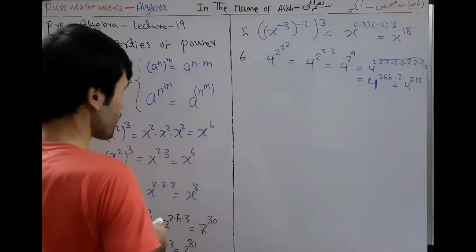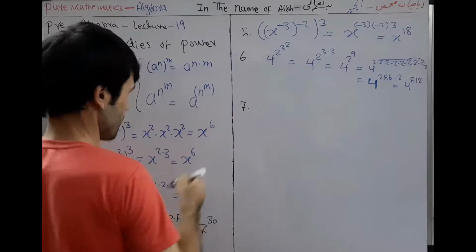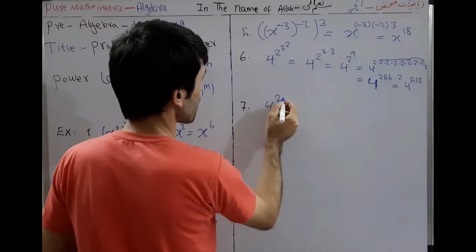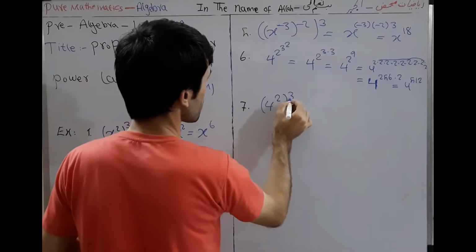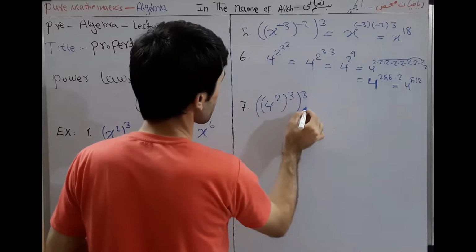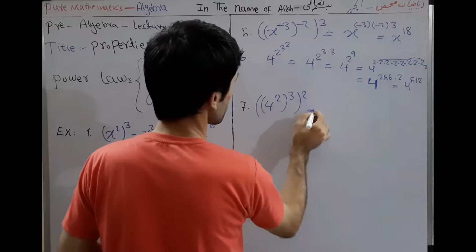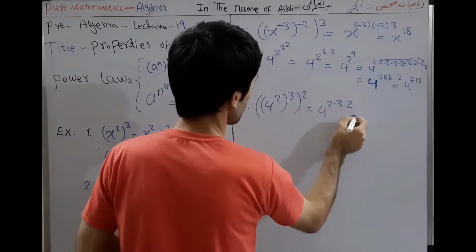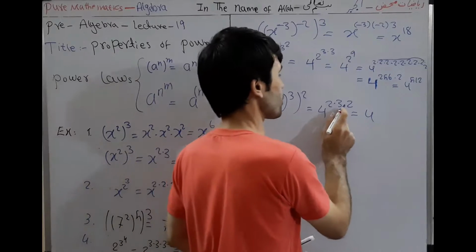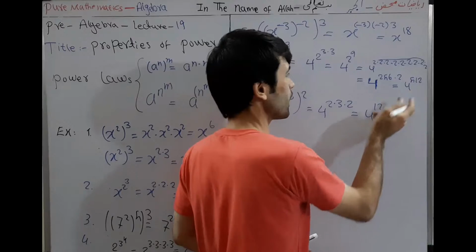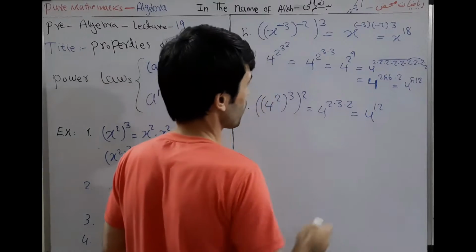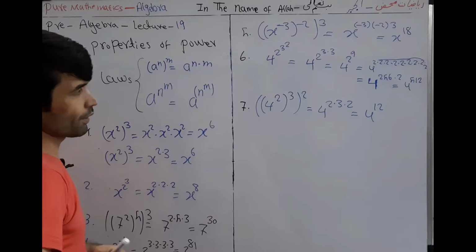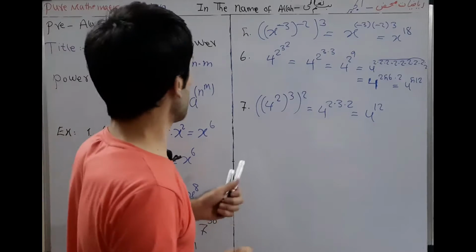Number 7. 4 to the power 2 to the power 3 to the power 3. It is equal to 4 to the power 2 multiplied by 3 multiplied by 2. It is equal to 4 to the power 3 multiplied by 2 is 6, multiplied by 2 is 12. Here 4 to the power 512 and here 4 to the power 12. They are completely different. It was the law of